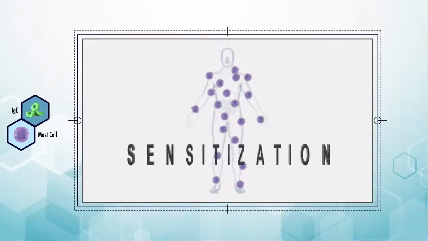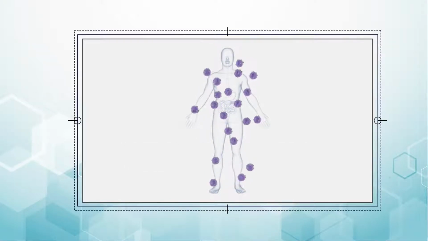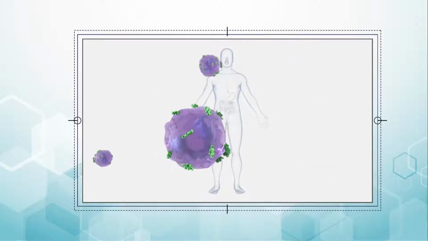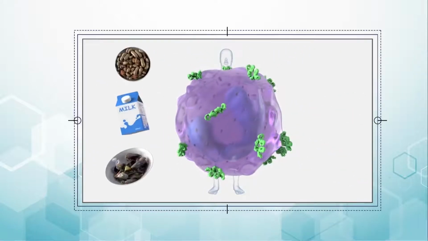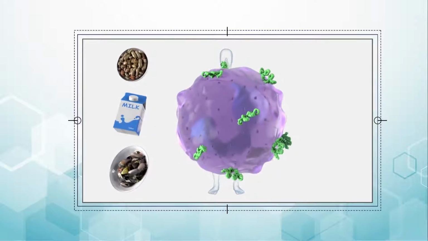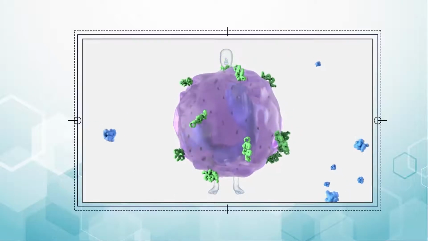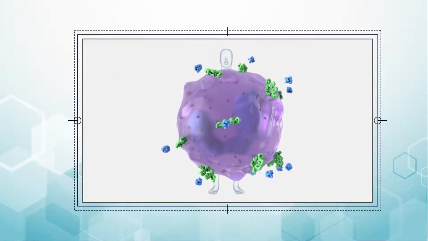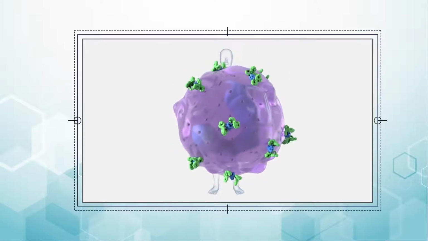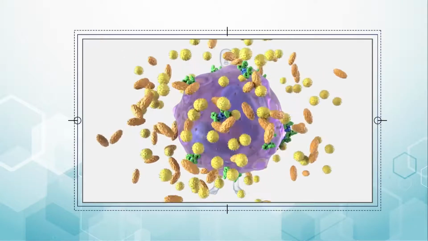This is called sensitization. Once sensitized, the body is primed to react on subsequent exposures. When the specific allergenic food is eaten again, the allergen travels to the stomach and beyond. Allergens encounter mast cells and basophils with bound IgE antibodies all over the body. Allergens cross-link the two IgE antibodies on the surface of the mast cell or basophil, which causes the cells to degranulate, releasing histamine and other mediators, including prostaglandins and leukotrienes.